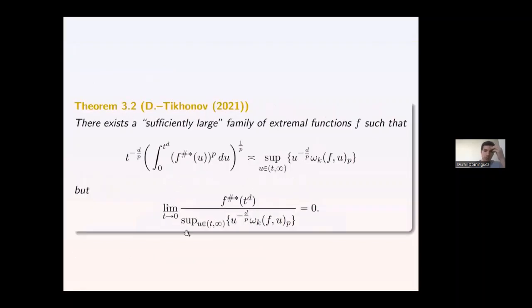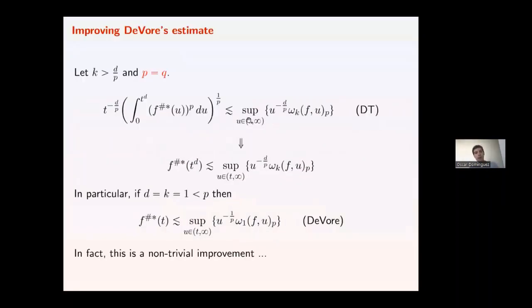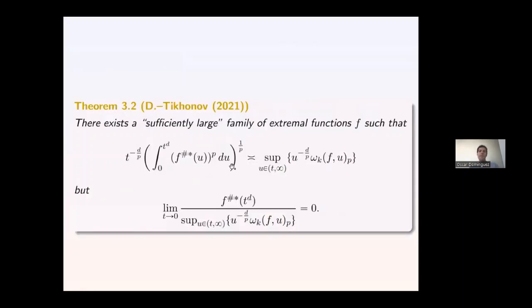Or in other words, when t approaches 0, this guy goes to 0 much faster than the right-hand side. So this is optimal, but this is far from being optimal, right? Here, by sufficiently large, I mean we consider